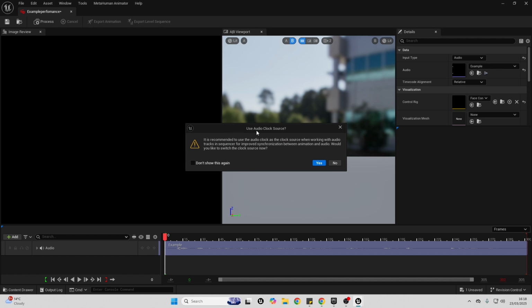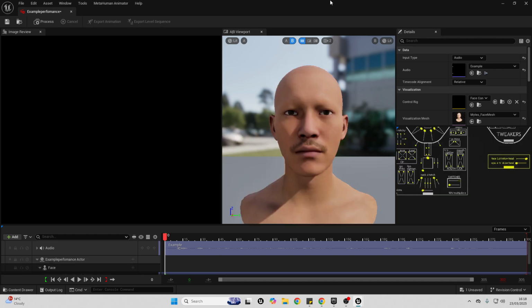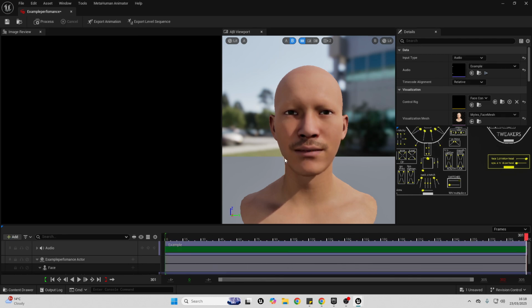I'm going to have this use audio clock source, select yes. Then click on the process. This will process this audio to your metahuman. Now if I click play,